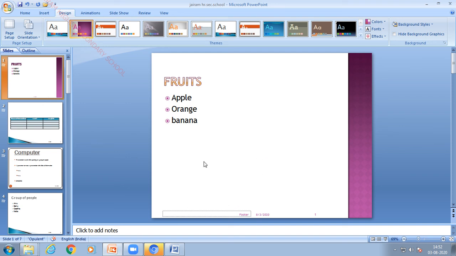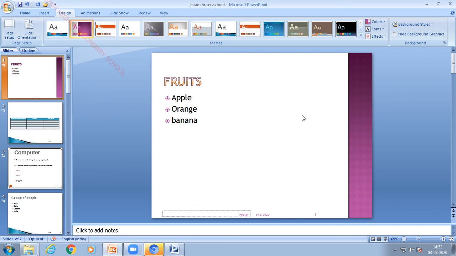Creating a presentation, which shortcut will you use? You have to choose Ctrl plus M to create a new slide. Then to save a document, you have to choose Ctrl plus S, or the Office button and the Save As option. Then how will you start a slideshow? You have to press the F5 key to start a slideshow.